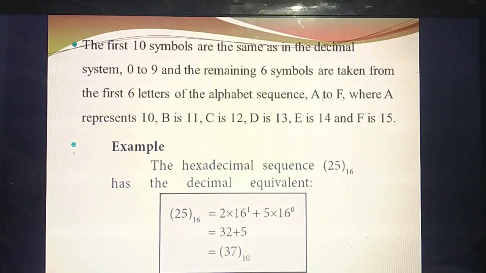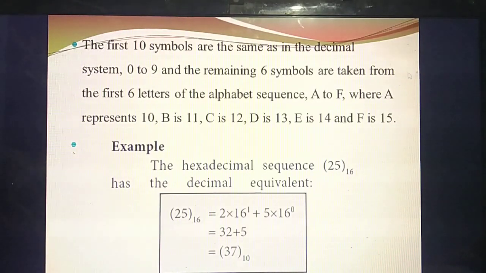In the same way we are going to represent the numbers. Each number we multiply by its positional value raised to the power 16. In decimal, you multiplied each number with 10 raised to the power. Binary means raised to the power 2. Octal means raised to the power 8. Hexadecimal means raised to the power 16. That's the difference. Understand? But in the answer, if the answer comes as 10 or above,